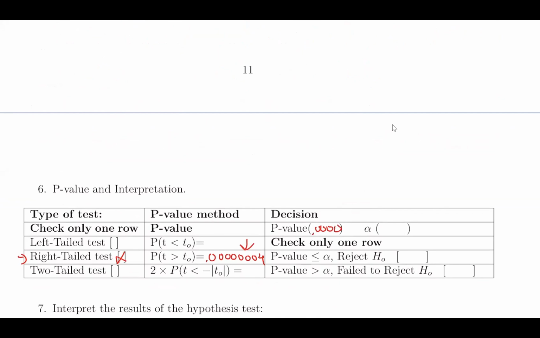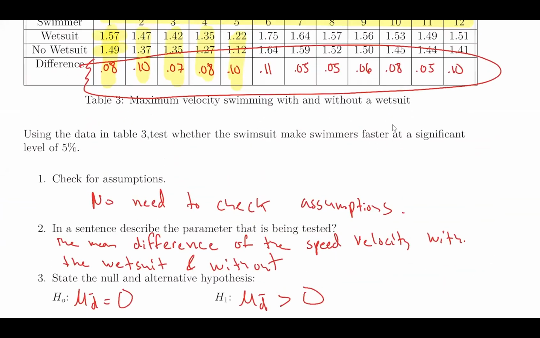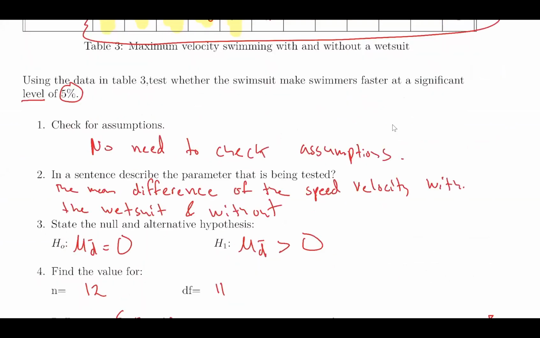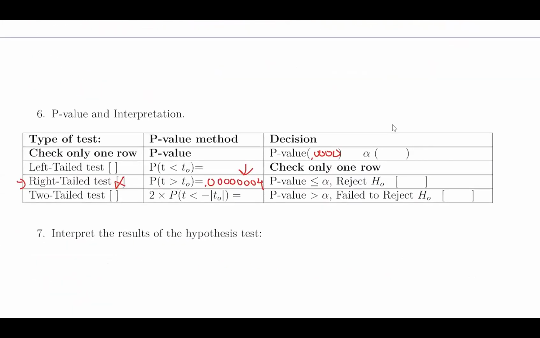All right, so for this one, what is my alpha level? If we go up here, it says significance level of 5%. So we have a 5% alpha level, so that's 0.05. Which of the two will be bigger, the p-value, which is practically 0, or alpha, which is 0.05? Yeah, alpha. So we conclude this: we reject H0. So we'll say there is enough evidence to say that